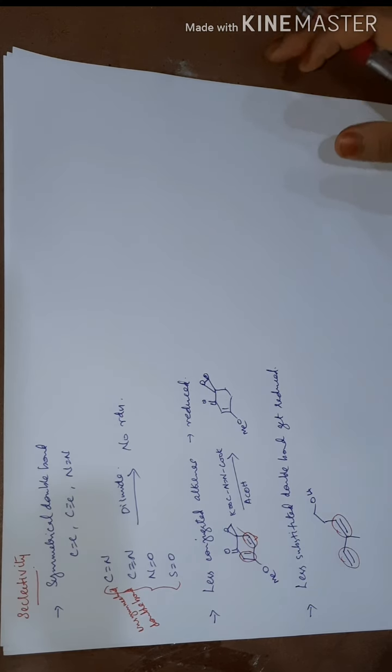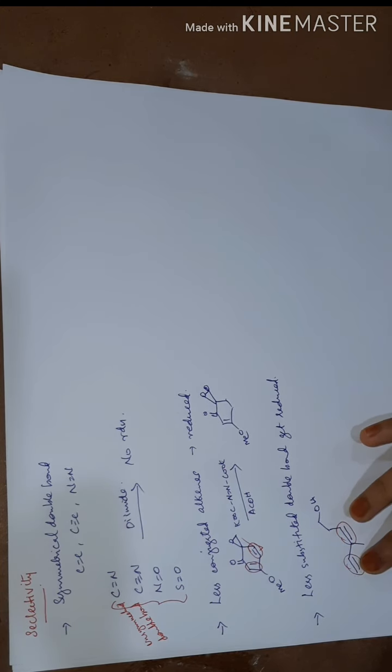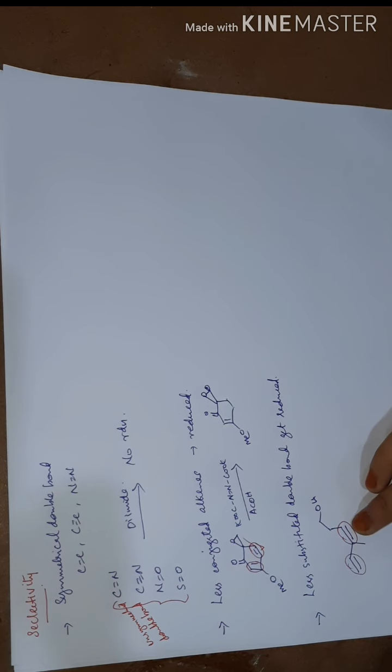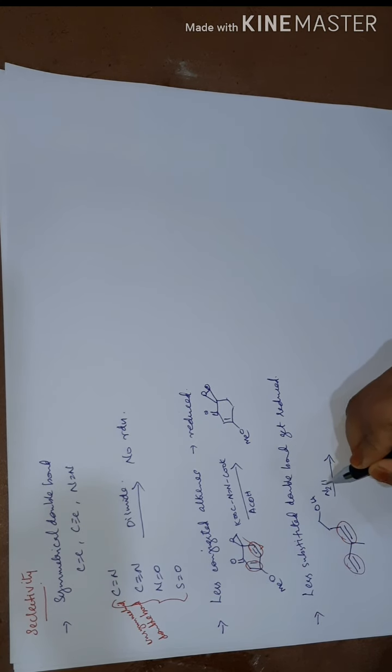So during the activity of diimide, it acts only over these two double bonds, and comparing these two, the first double bond is a less substituted double bond compared to the second double bond. That is, the second double bond is substituted at its 3 positions, and the first double bond is substituted only at 1 position. So on diimide reduction, we can say that it is reduced to